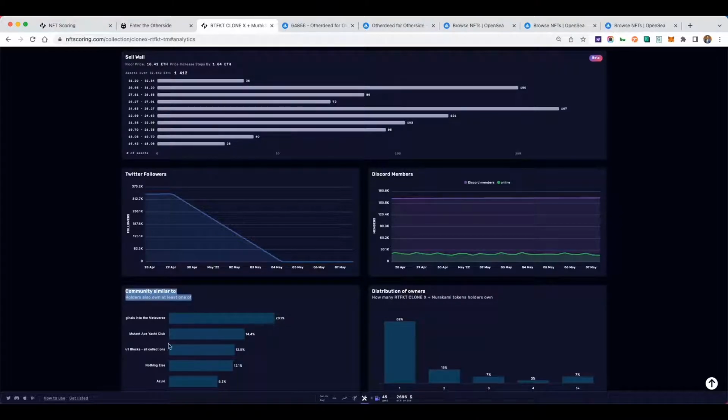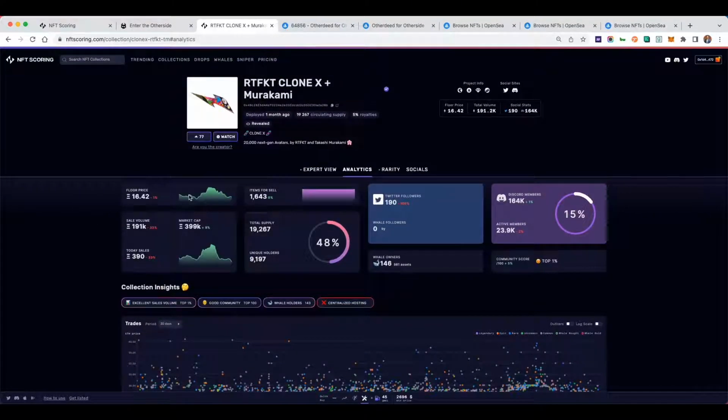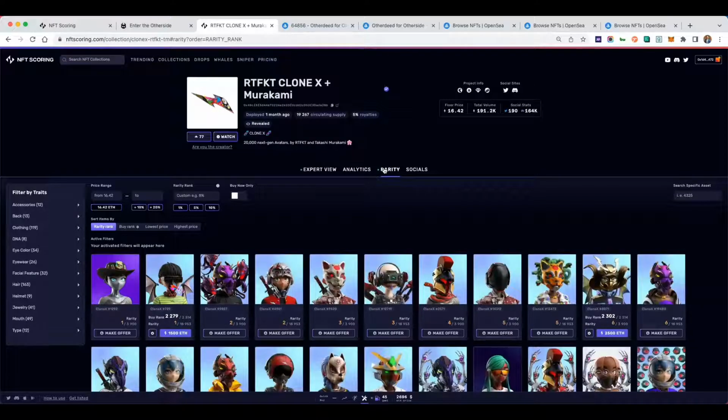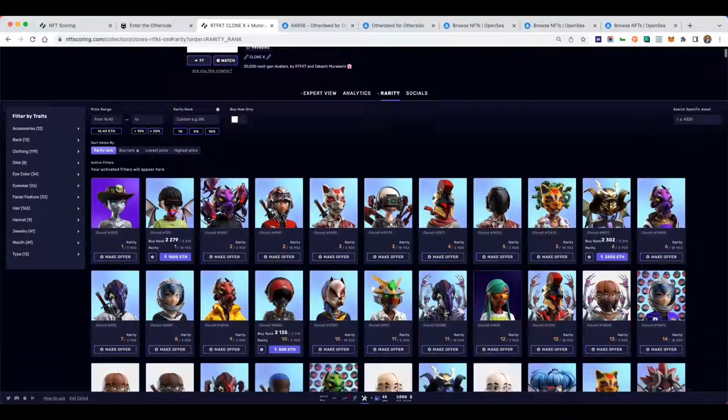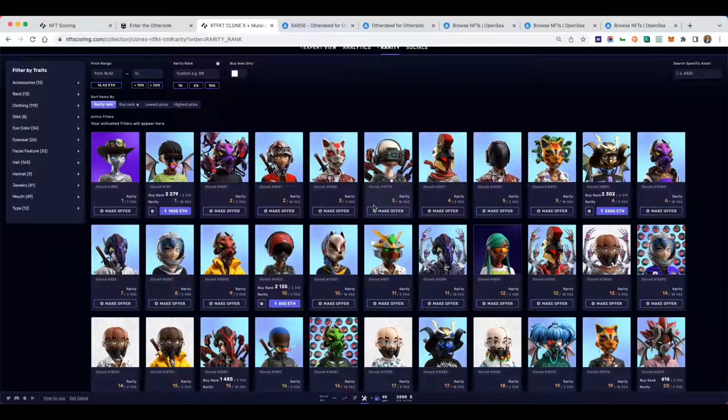One other cool one that I love to talk about is communities similar to. So we can also show you holders of Artifact. What are they also holding, right? So you can see if this project has high conviction, holders that usually have diamond hands, or maybe not, which makes you also be able to make some decisions based on that. Now, following smart money is definitely a way of trading. If let's say for instance you see all the Moonbirds and Proof Collective people starting to circle in on a project and start buying a bunch, they're most likely going to be diamond handsing.